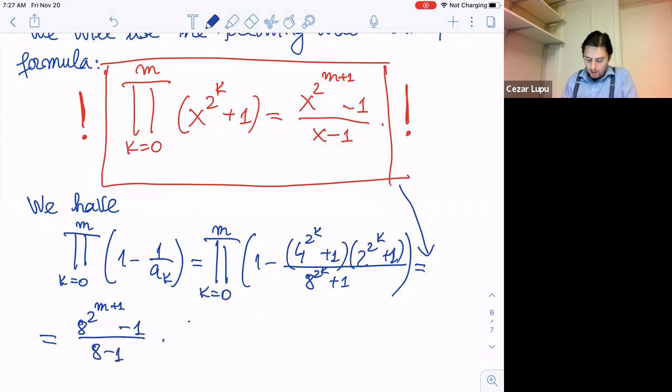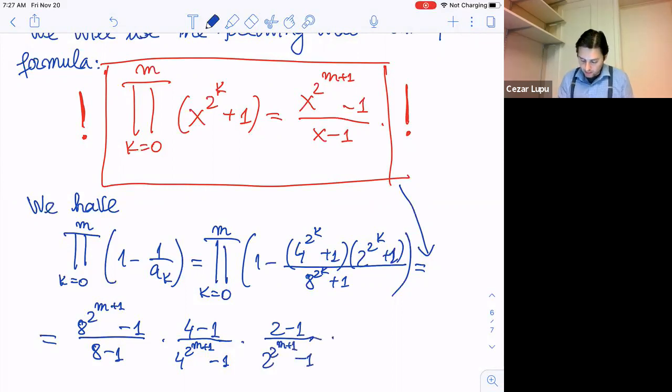This will be turned upside down, so it will be 4 minus 1, the same product, over 4 to the 2 to the m plus 1 minus 1. And now we also have this for 2, but it will be on the bottom, so it will be turned upside down as well. So it will be 2 minus 1 over 2 to the 2 to the m plus 1 minus 1. And let's see what this gives us. So we'll have 3, this will be 7. Okay, that's good. 3/7 times